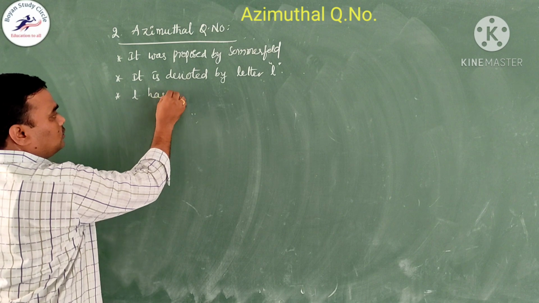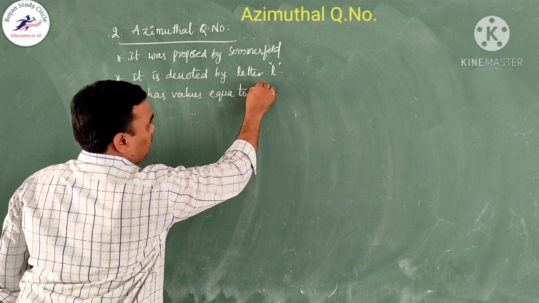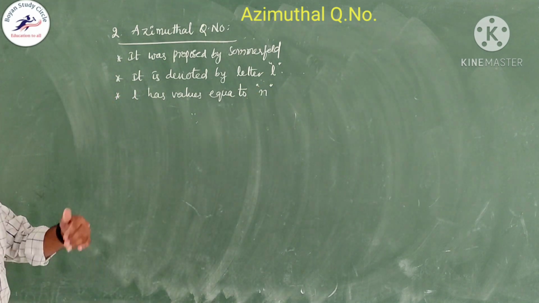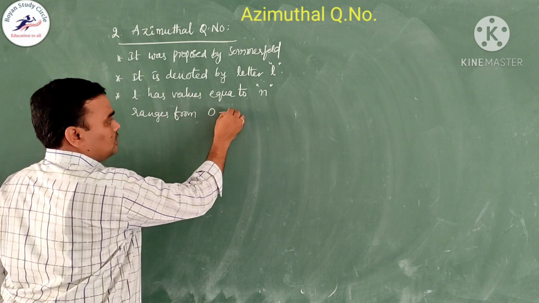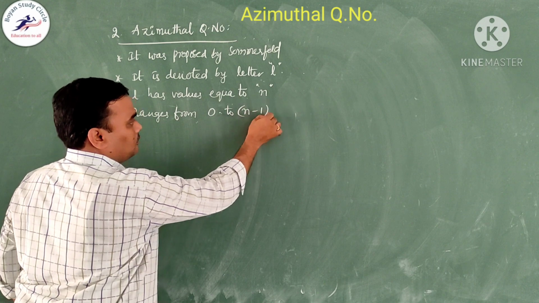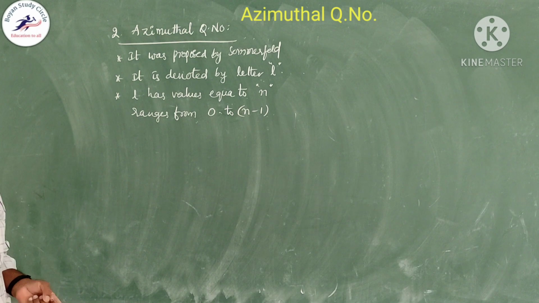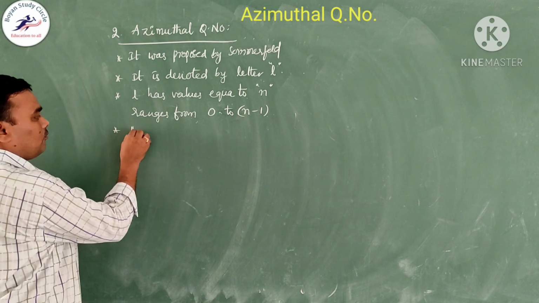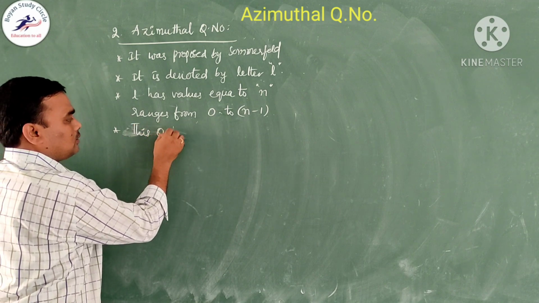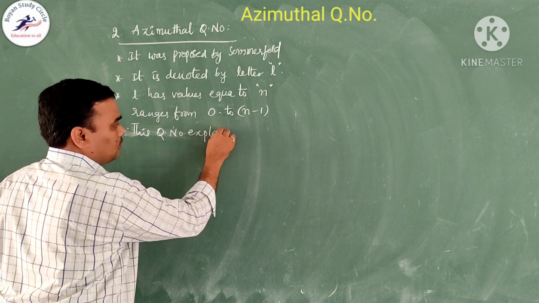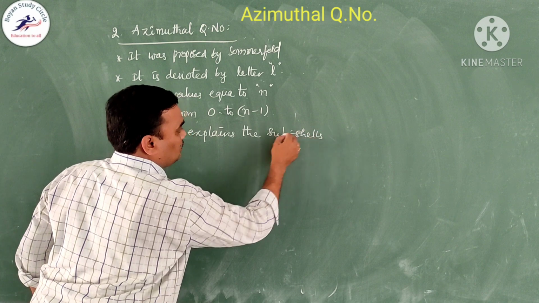L has values equal to n and ranges from 0 to n minus 1. So, what does that mean? For example, this quantum number explains the subshells